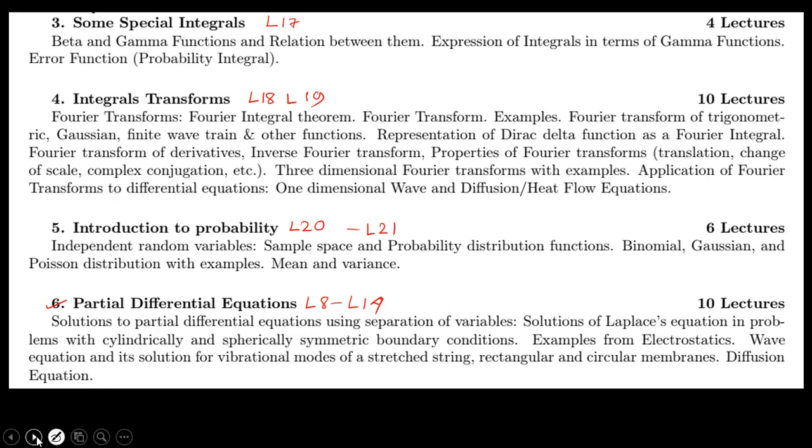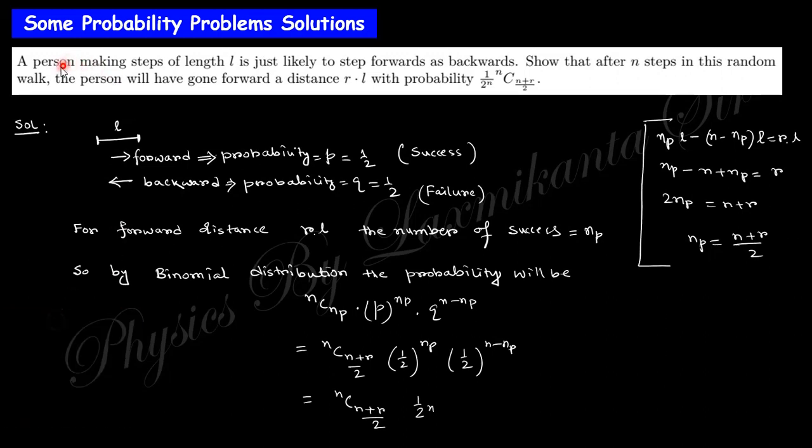Okay, so let's start. The first question was that a person making a step of length L takes steps forward and backward. When they go forward, this gives you L, and backward is the same step. So after n steps in the random walk, the person has gone forward RL. After n number of steps, some steps forward, some steps backward, the total forward distance will be RL. So if you take the forward steps to be number np,